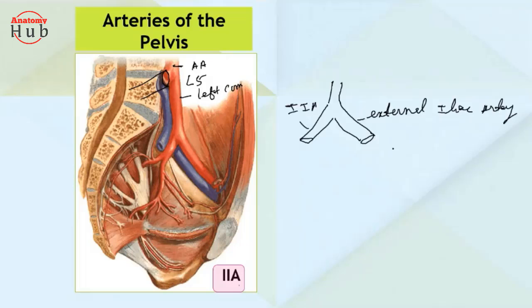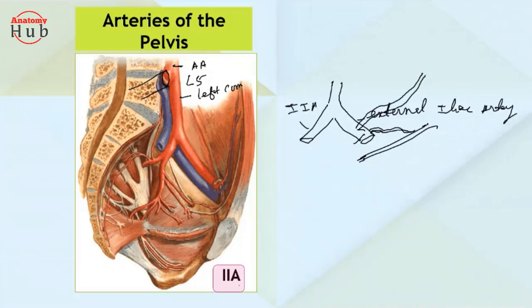So these two arteries. Now, what will happen? This external iliac artery gives the inferior epigastric artery, that will be the branch of this external iliac artery. Then you'll find the circumflex iliac artery. Okay, so two or three branches it gives, right? Then this external iliac artery passes, it means it crosses by the inguinal ligament, right?